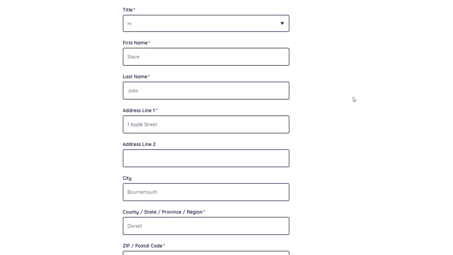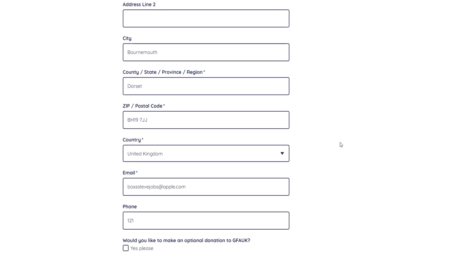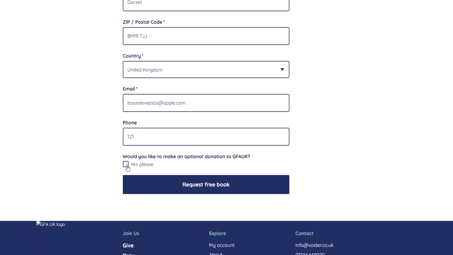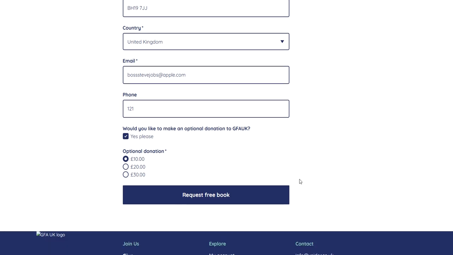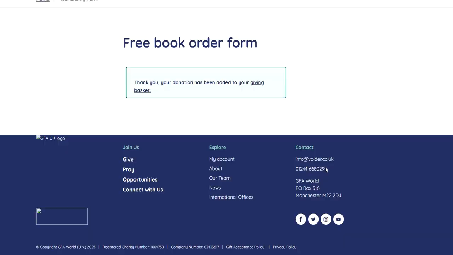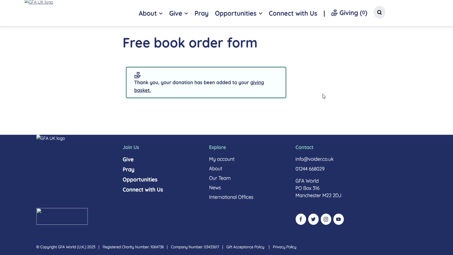I've pre-populated it for ease, but I filled out all of these fields, and I am going to opt in to the donation, and I'd like that to be £10. And I'm now going to request my free book. Now remember, we've got hidden fields in here that will populate Donorfy with that book request, which book it was, and so on. Because I've opted in to that optional donation for £10, the return message I get is not